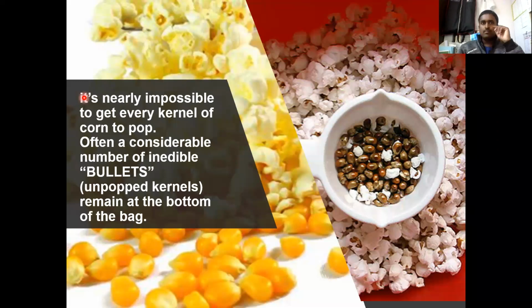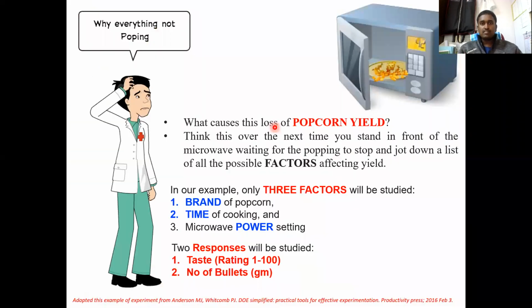So to recall, yesterday we discussed only the design of experiments part, the practical approach, using an example of preparing popcorn. We used a simple factorial design, 2 to the power of 3 factors at 2 levels. And we didn't say anything about response surface methodology, because understanding what exactly the design of experiments is itself a very big task.